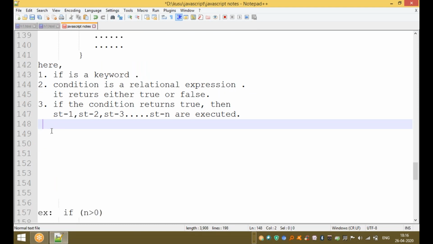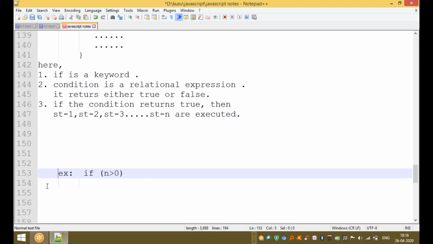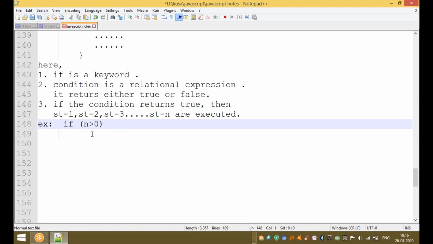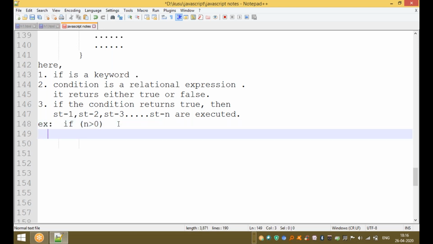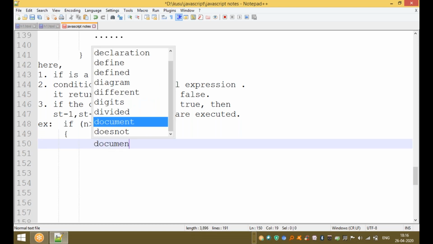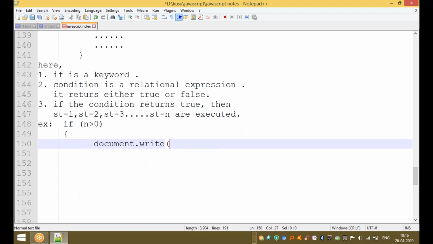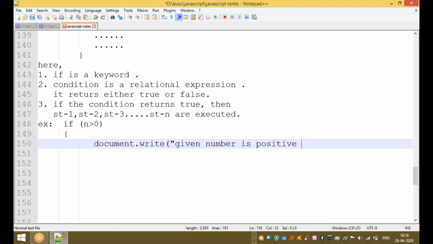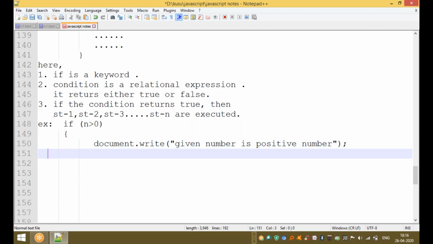The given condition returns true, these statements are executed. Only the true part, but not the else part. If n is greater than 0, begin curly braces, document.write, "Given number is positive number", and this is the end of this one.